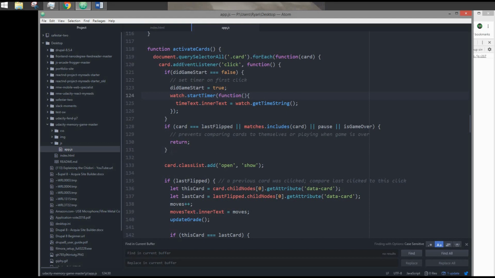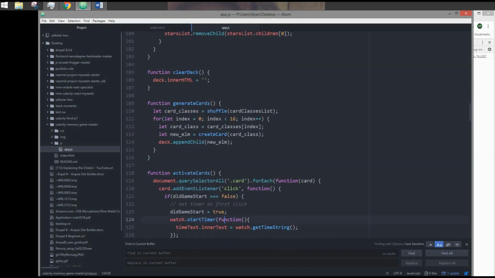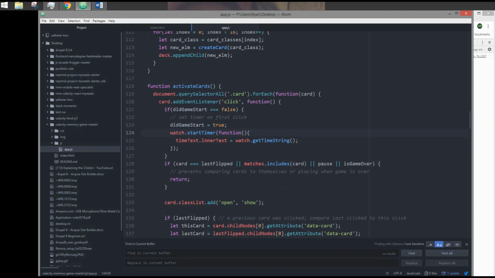Now I have this block here that will check certain things to prevent errors from happening. I have a variable last flipped that I showed you earlier. This is how I'll compare each card with what was clicked last. If card is equal to last flipped, that means a user must have clicked the same card twice, and you can't compare a card to itself. So if the last card is equal to the same one we're clicking now, or if matches includes card, meaning this card's already been matched, or if the game was paused, or if the game is over, if any of these is true, then we're going to prevent the game from moving any forward